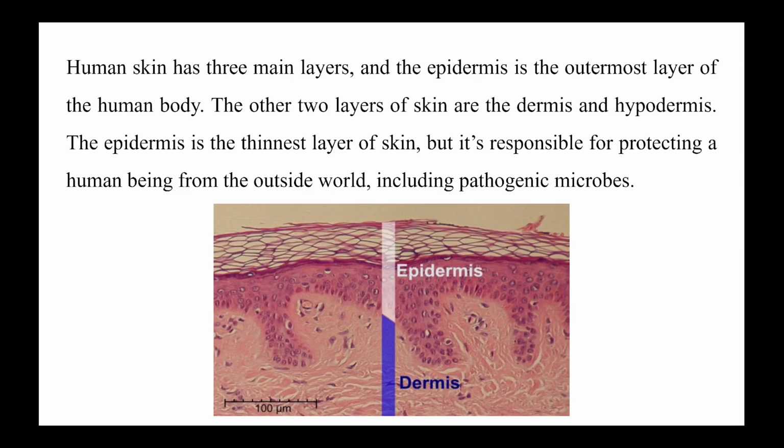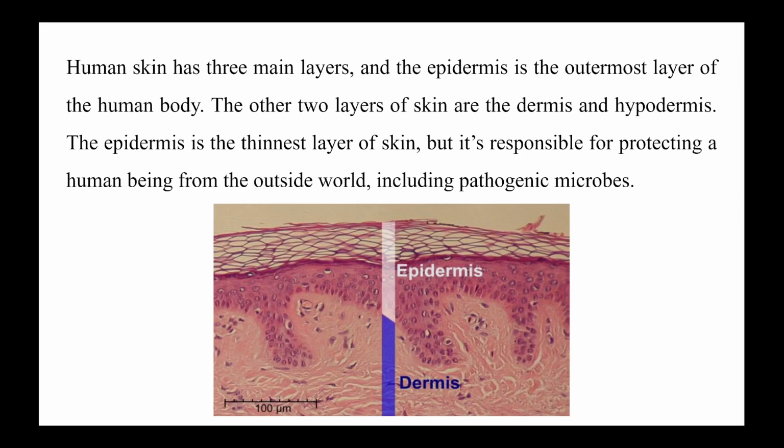If any food item is sold without packaging and the same food item is sold with packaging, we generally prefer the one sold with packaging because we think it is more hygienic. Why do we think like that? We think like that because it is not coming in contact with the air, with the surrounding environment, so we are more sure that it has less pathogenic bacteria growing on it as compared to the one that is